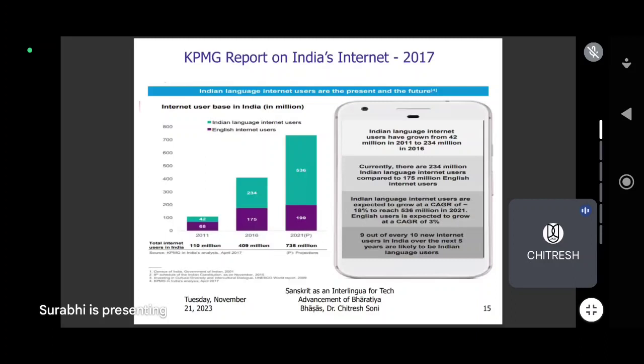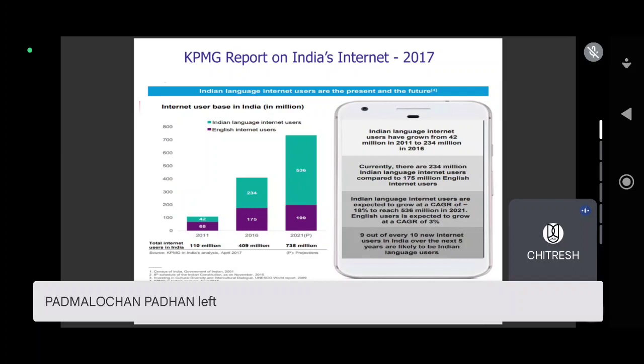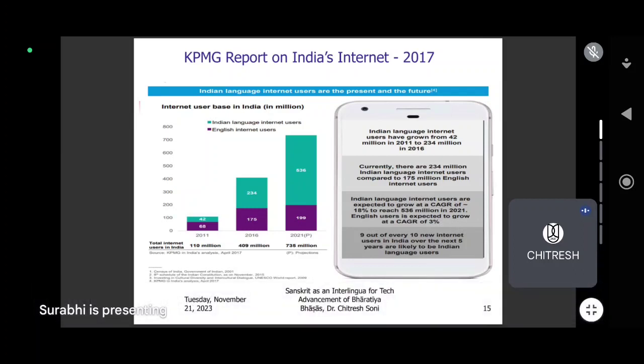Okay, I would like to present you the KPMG report on India's internet. In 2011, the Indic language users of the internet, who are using or demanding Indic content, numbered 4.2 crore. It increased to 234 million, 23 crores, just a 6 times increase, from 4 crores to 24 crores almost in 2016. This figure must be around 500 million, 50 crore now, because of 4G, 5G and the broadband revolution in India, who must be using this